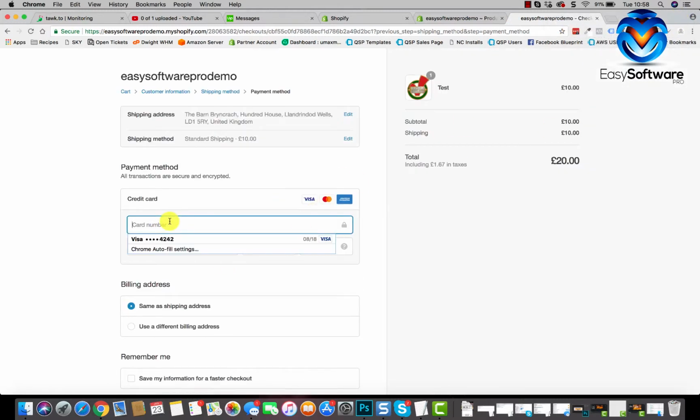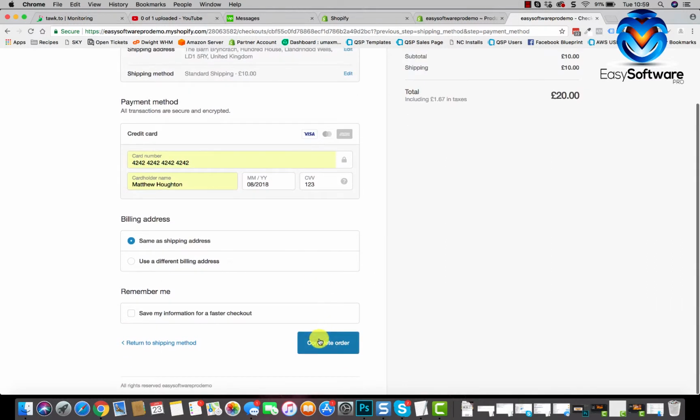Okay, so this here is where you need to put in the test Stripe credit card details. So it's already sort of saved in my cache, but it's 42424242, and there's a total of 16 digits there. So it's just 4242 is all you need to remember. The date just needs to be any time in the future, so it doesn't matter what the date is as long as it's ahead of time. The number on the back of the card here, 123, and any name will do in there. So again, it's just 42424242, 16 digits, any date in the future, 123 on the back of the card, and any name. And then if I hit complete order now,